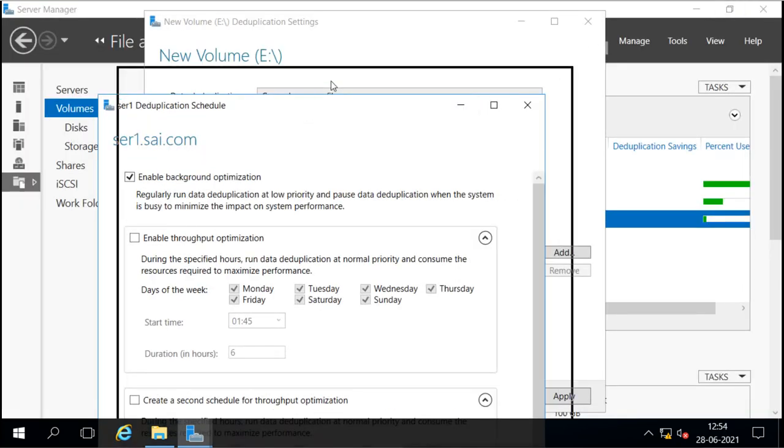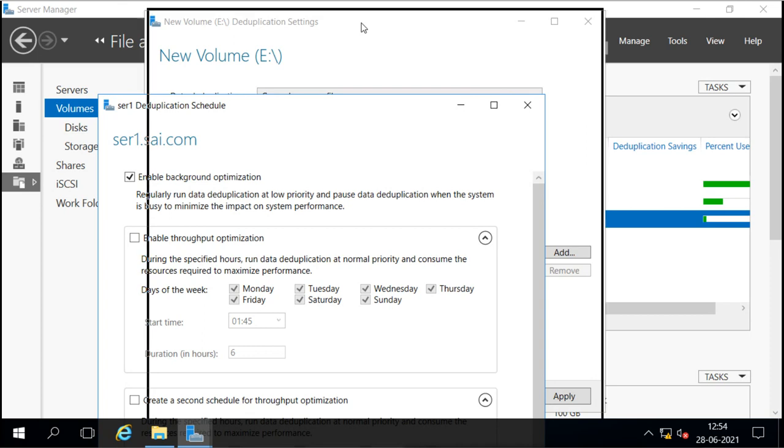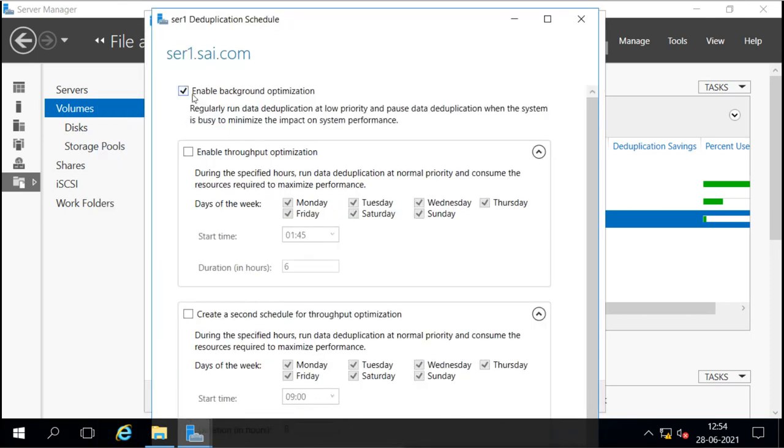For example, here it is enabled in the background. So it is showing that this is enabled in the background optimization. So it regularly runs data deduplication at low priority, and pauses data deduplication when the system is busy, to minimize the impact on system performance. So by default it will only run a data deduplication job at low priority.